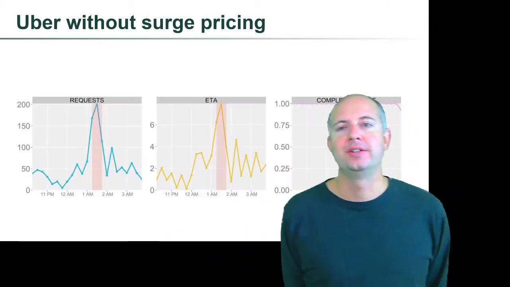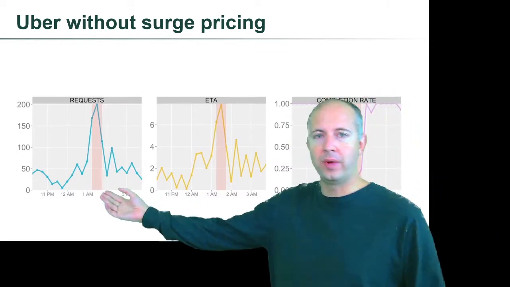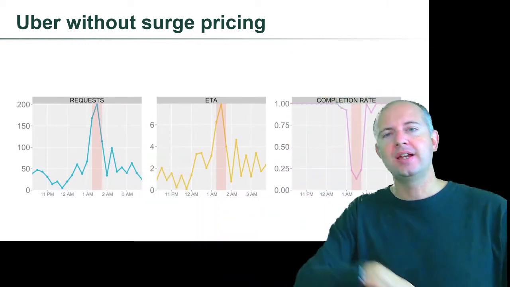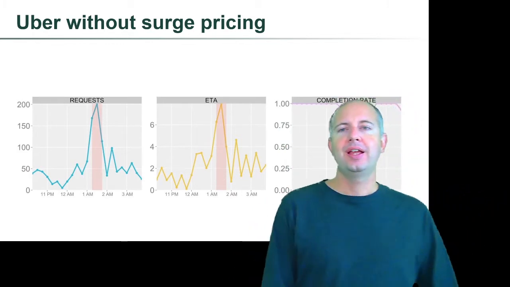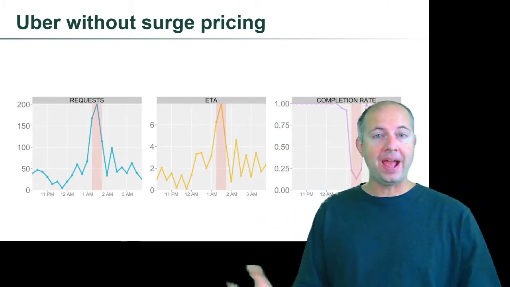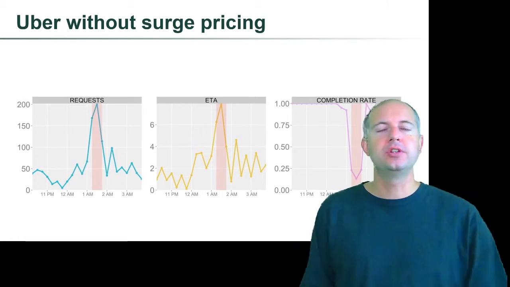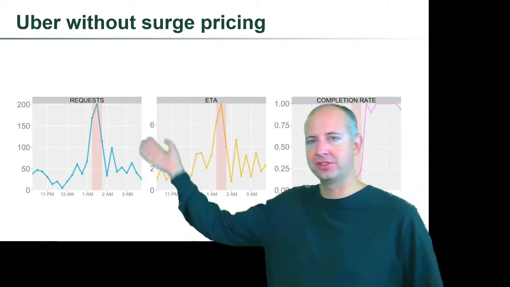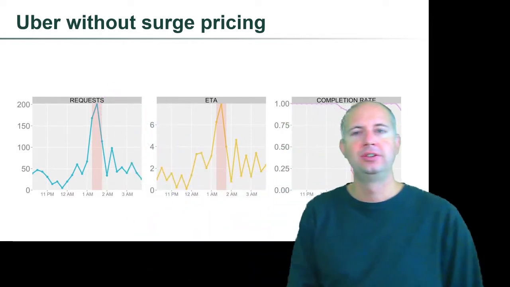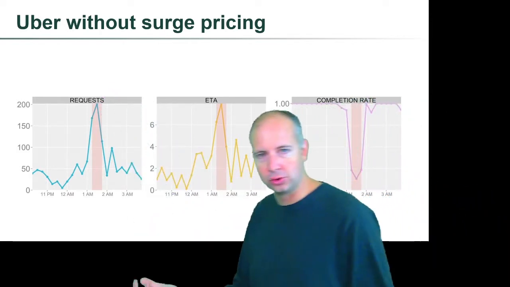And so what happened? Well, the number of requests went way up. That's what you'd expect, right? You're getting ready to go home and you're deciding what to do, and you check your Uber and you're wondering how bad the surge price is going to be, and you see that there's no surge price in effect. So right away you hit request ride, and so does everyone else. So our number of requests goes way up.